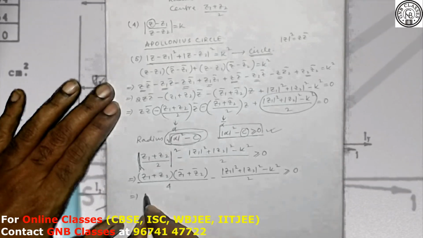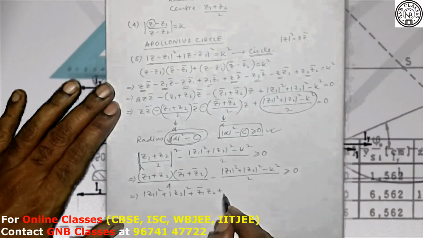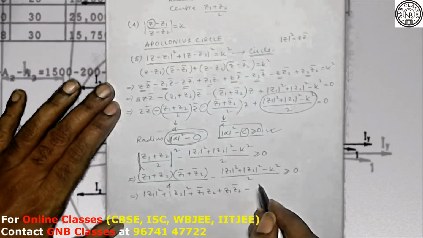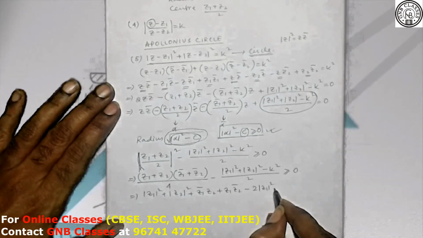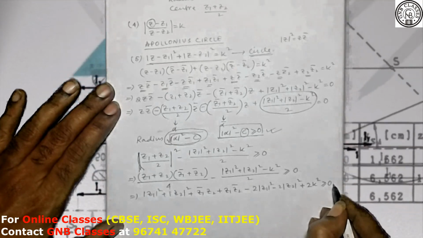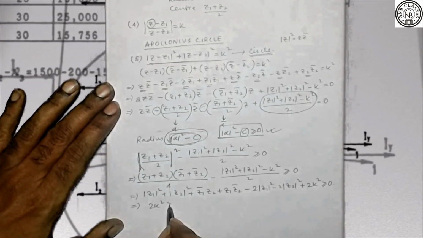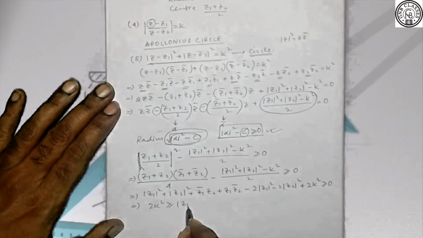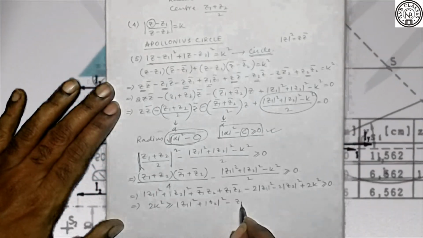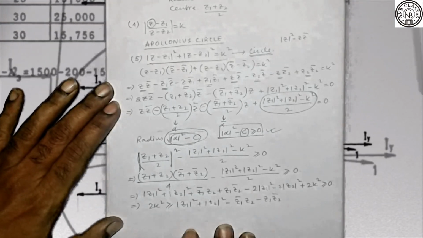So if I open this one, we are going to have minus, if I take LCM 4, so 2 will go here, it will become 2 mod of z1 square, which is greater than equals to 0. Okay, so we are having what? 2k square is greater than equals to mod of z1 square plus mod of z2 square minus z1 bar z2 minus z1 z2 bar. So from here we can write,